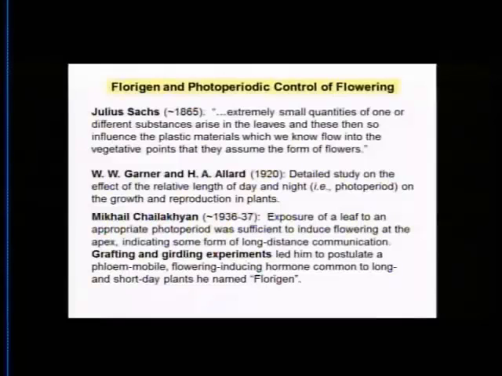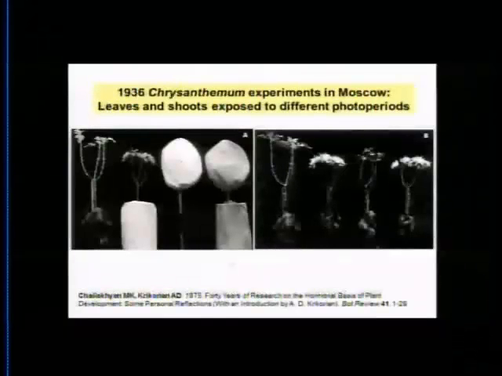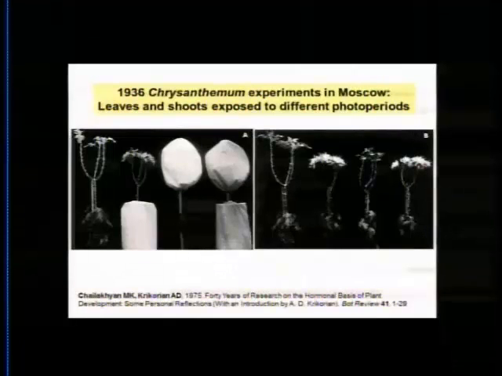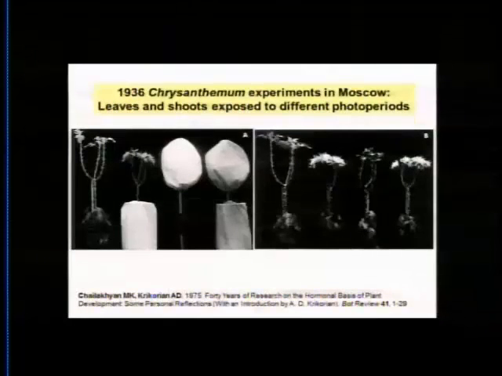Now what I want to do is, from 1936, actually before I do that, here's a couple of the experiments that he would actually do. So you've seen experiments similar to this in your textbooks, where essentially what we're doing is we're shading different parts of the plant to ask the question, where is the photoperiodic signal detected, and where does it ultimately manifest itself? So these are chrysanthemum plants,